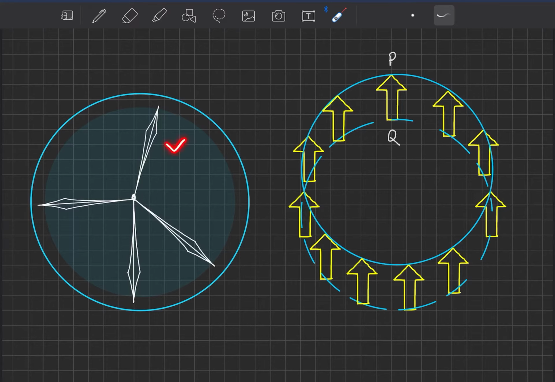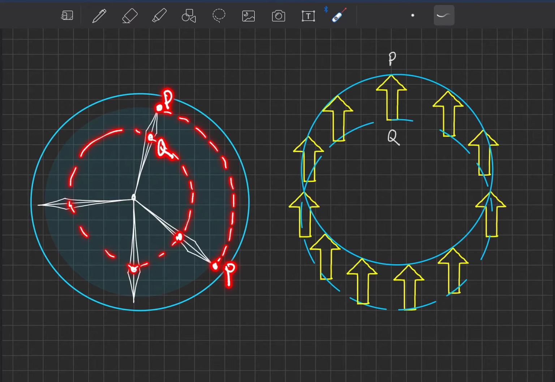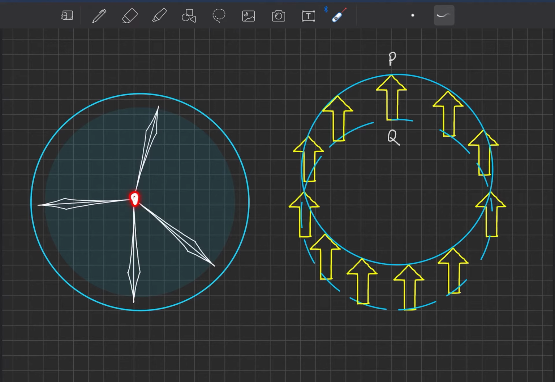But look at this case. It is like the motion of one of the hands of a clock. If this point is P and this point is named Q, here this point will be P, right? If this one rotates like this, then P will reach here and Q will reach here. After some time Q will reach here, then here, then here again. Similarly, P will continue to reach here, then here, then move to this point.